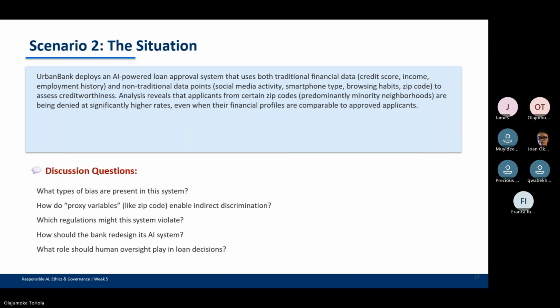Is that the only one? No. Maybe also transparency. It is not transparent enough, because the profiles are comparable to the approved applicants. There was no transparency. There was a double standard there. So the principle of transparency was also violated.